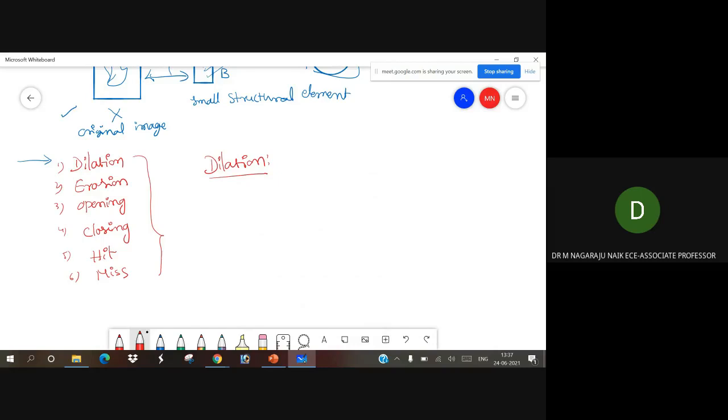If the input image is X, dilation with B, or X ⊕ B, is equal to all the points in the image, belonging to two dimensions, that is Z square, where the point is equal to x plus b. So small x belongs to capital X.